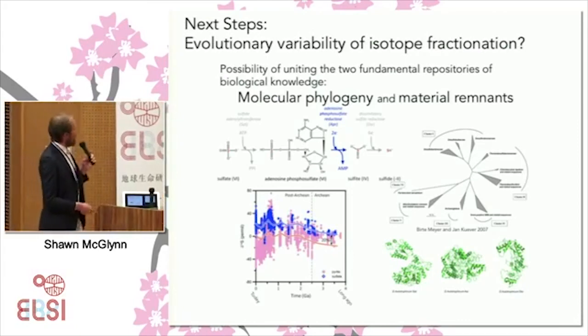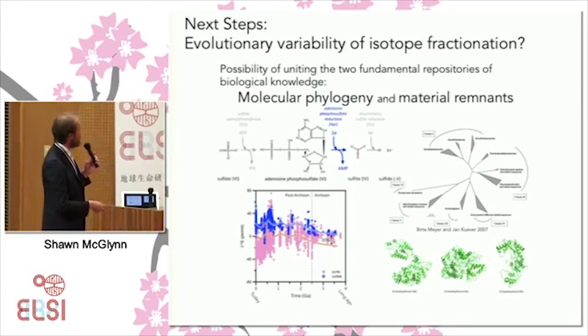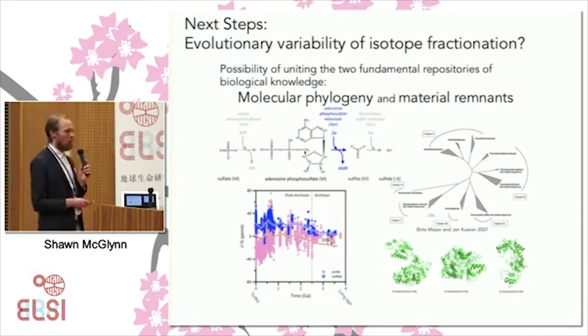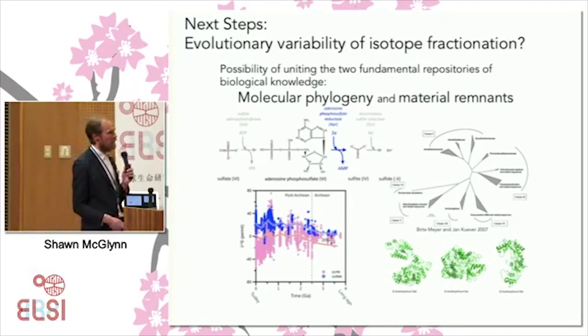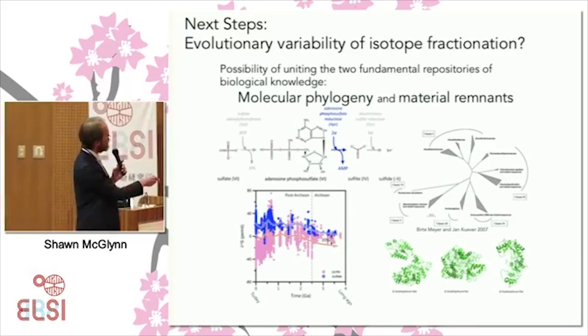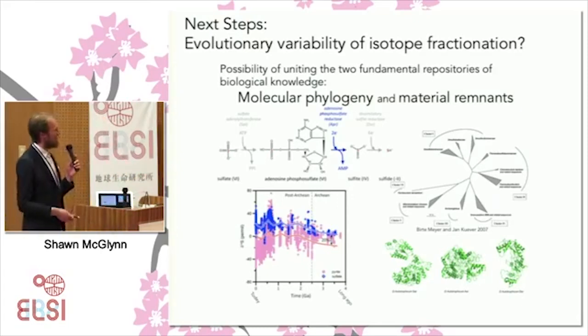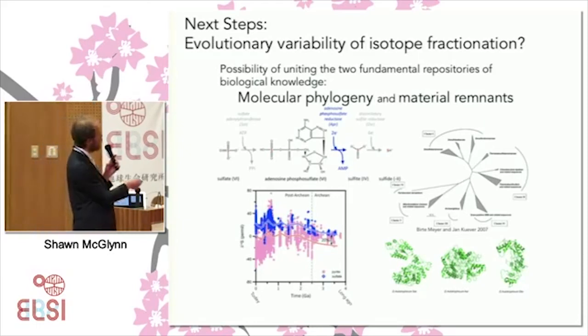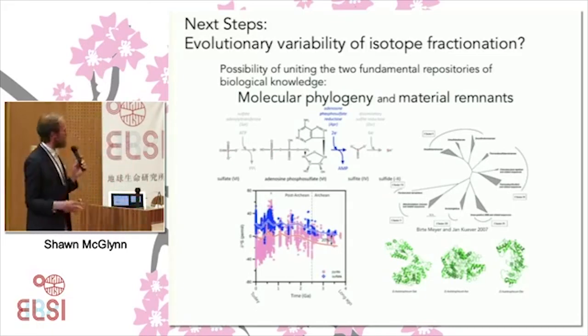So the next steps that we're pretty excited to do, now that we have one data point on one of these enzymes, is to entertain this possibility of looking across the sequence phylogeny of these sequences that are found in different organisms, these different homologs, and to see if there's any evolutionary variation on this catalyst through time. And I think that will be very, very important for us to understand whether or not this hypothesis that I set up could be true at all.